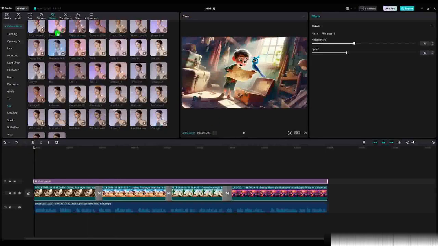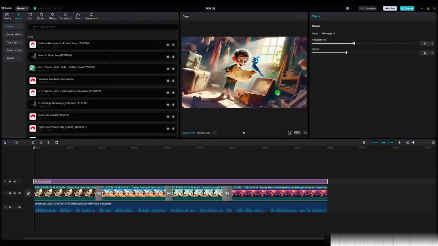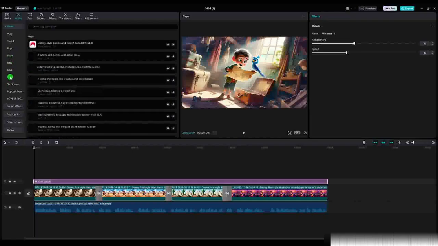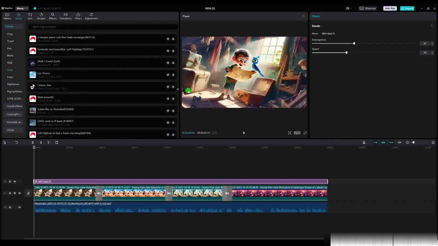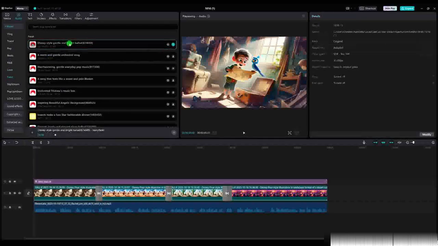It is perfect. We can add now a background audio. If you have a music from somewhere, you can upload it, or you can use the built-in musics from CapCut. You have a lot of categories. I can use maybe fresh, and we can listen to some of them. Just use this for example. I click on add to track,